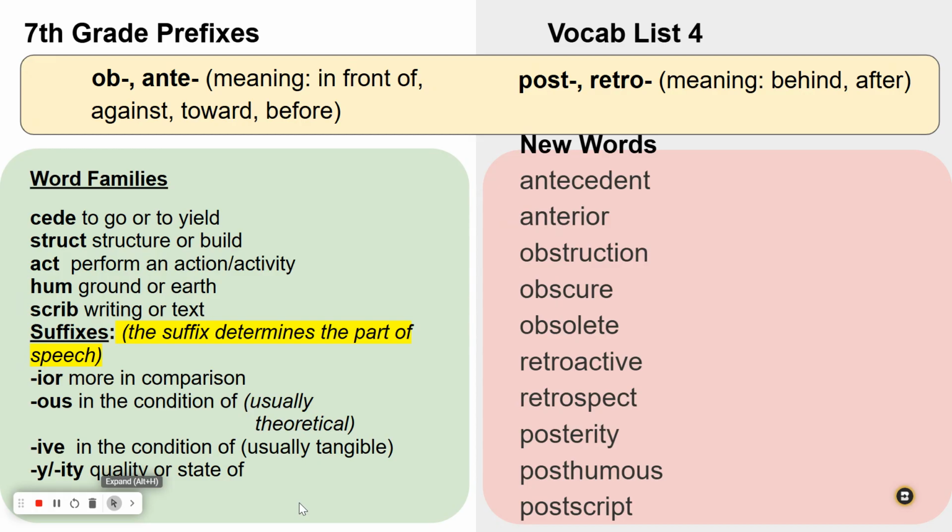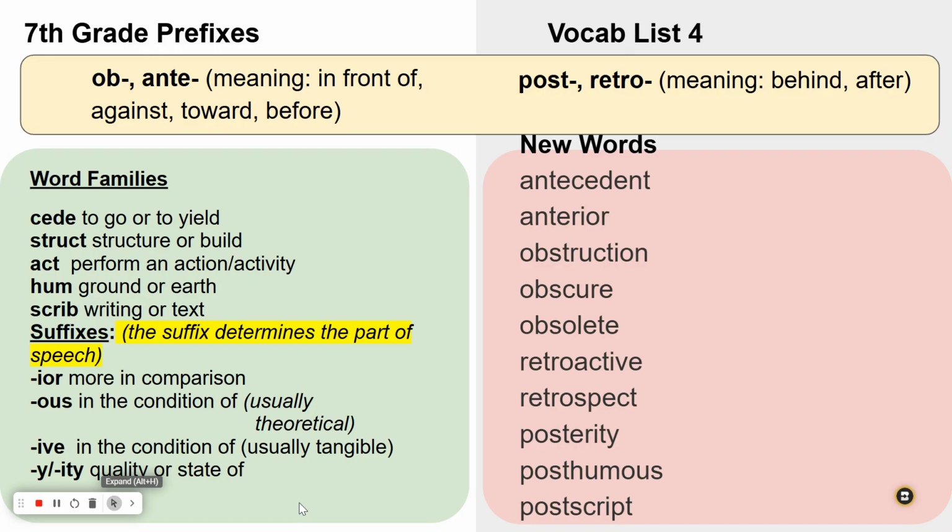And then we have the prefixes post and retro. These mean behind or after. Some word families that come up in our vocab words are seed, which means to go or to yield, struct, which is a structure or build, act, obviously means action or acting or performing something, an activity, hume, which means ground or earth, scrib, which means writing or text,